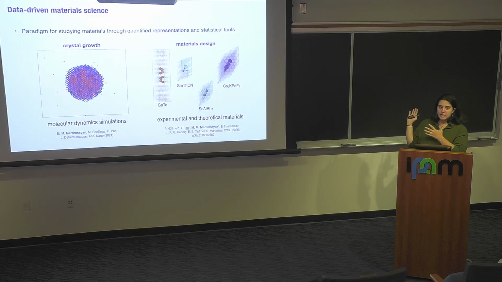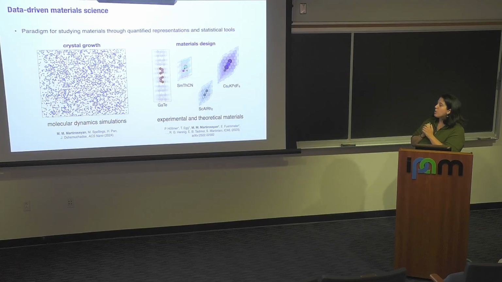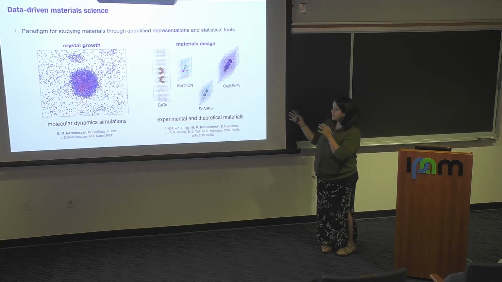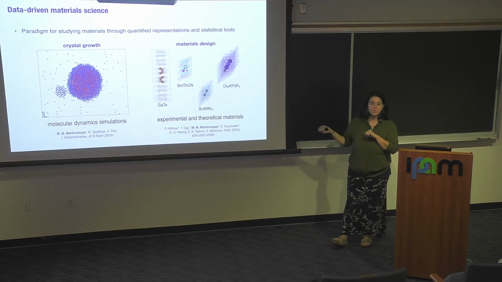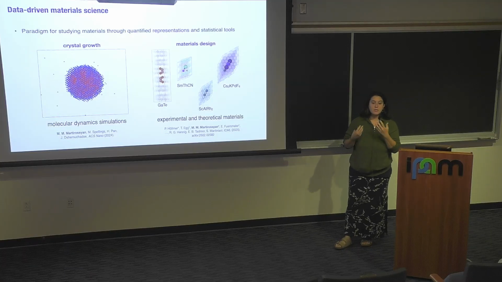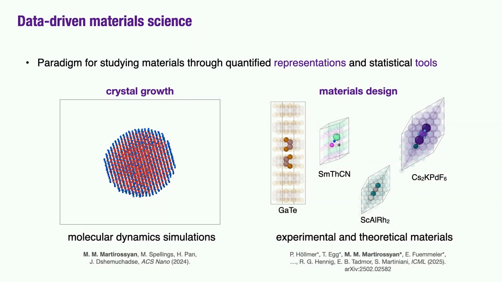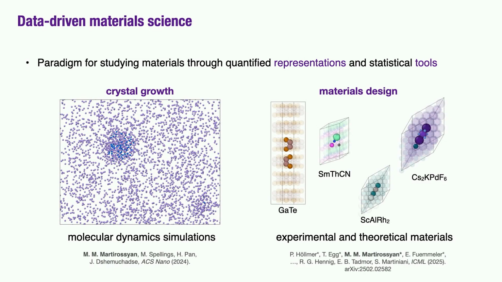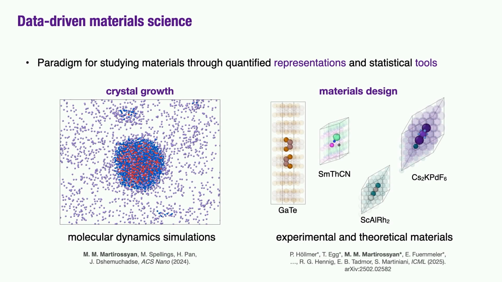On the right side it's a little bit different, because the data itself changes. Whereas on the left we think about entire simulations, here we can think about experimental and theoretical materials. These are things that have either been synthesized in actual growth chambers, or discovered or predicted through density functional theory calculations. And yes?